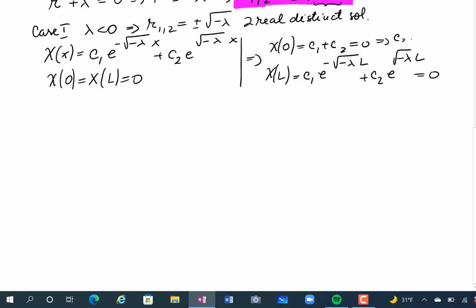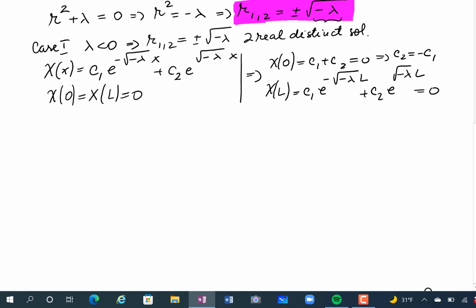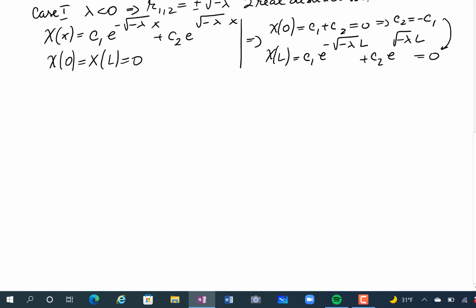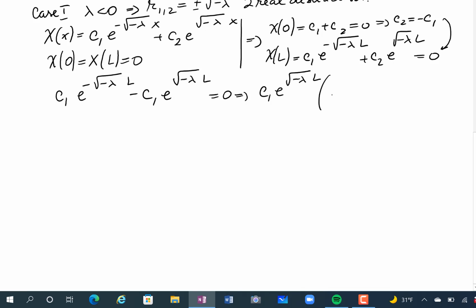So from the first equation, C2 equals negative C1, and we introduce it into the second equation and see what happens. So we get C1 e to the negative square root of negative lambda L minus C1 e to the square root of negative lambda L equals 0. So we can factor out C1 e to the square root of negative lambda L, and we get